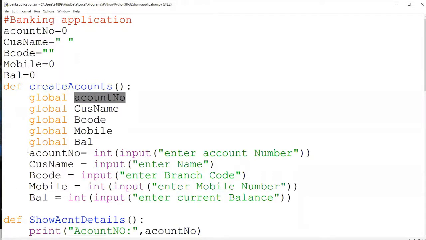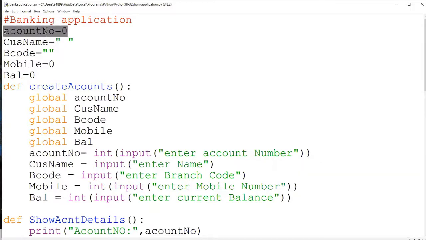Okay, so one doubt. Yes. So that means when these inputs are taken, they will be stored at the global level. Yes. Suppose here I'm writing a statement that account number is equal to input. Whatever input you have given will go to account number, which is whatever account number you have declared here.